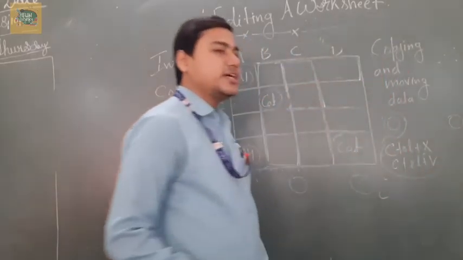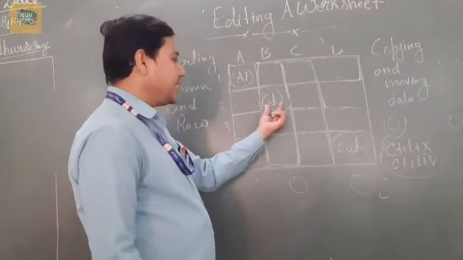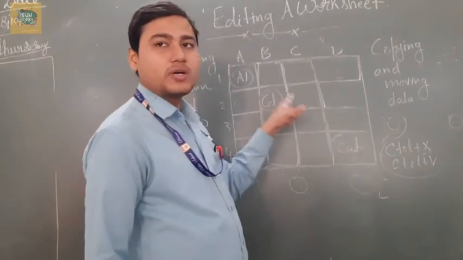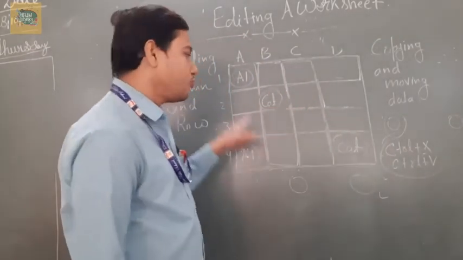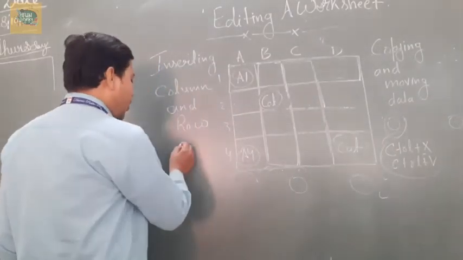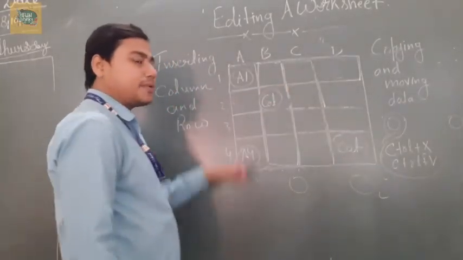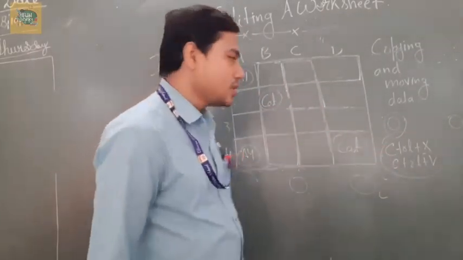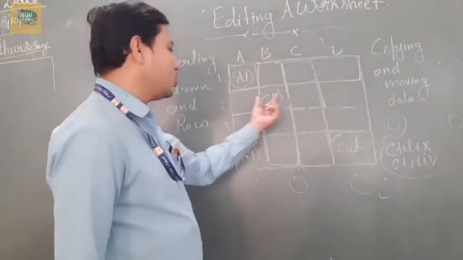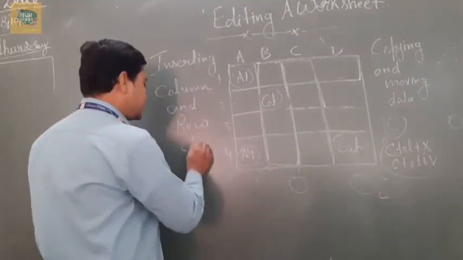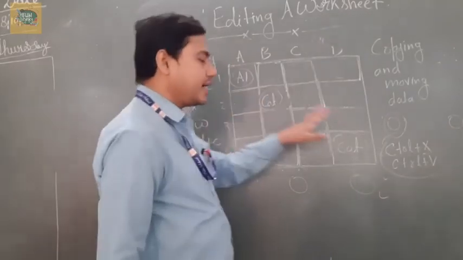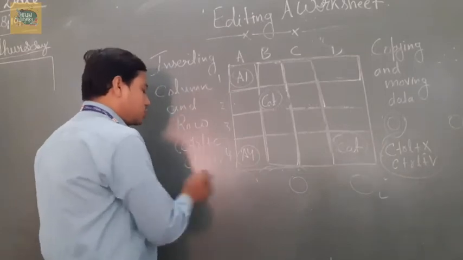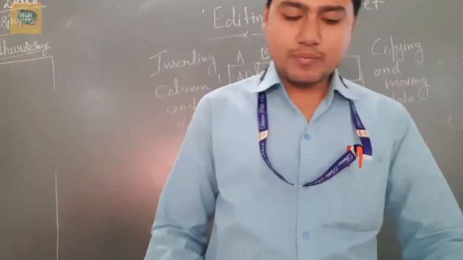Now similarly we can also do the copy. Here the cat is written. I want to place it from here to here, but I don't want to remove this cat from here. For this I will use the Copy option. For copy, I click here and press the Copy option. Then I go here and click on the Paste option. I can also use the shortcut key: I click here and press Ctrl plus C, and then I go to this cell and press Ctrl plus V for pasting. This way we can do the copying and moving options.